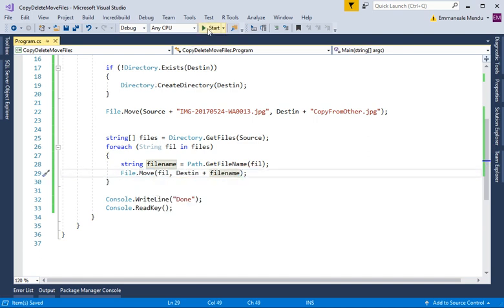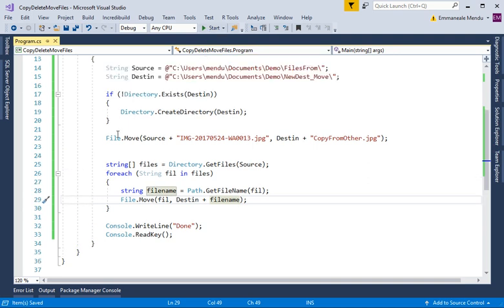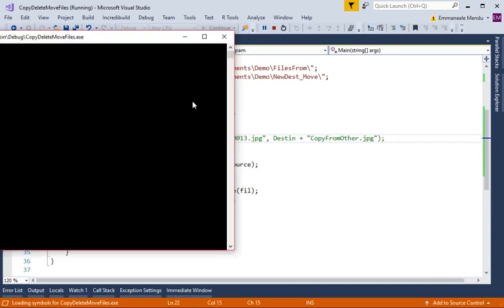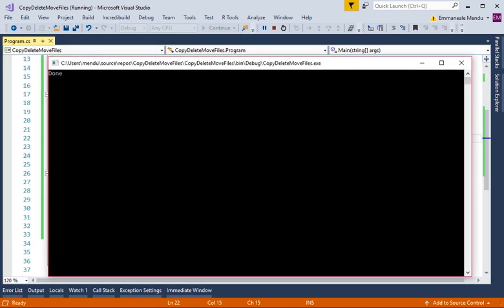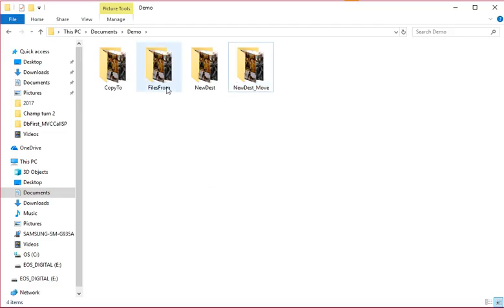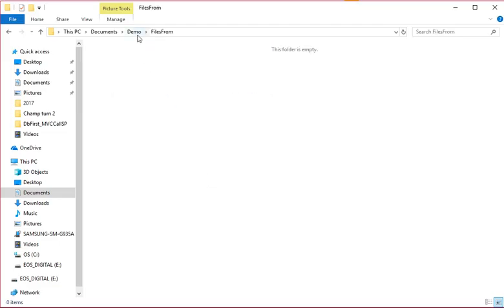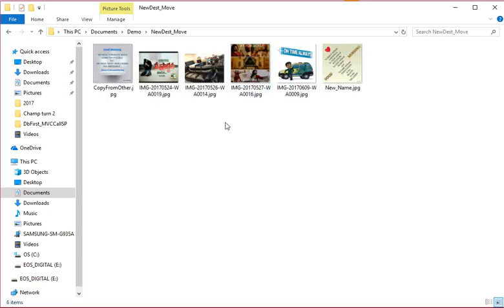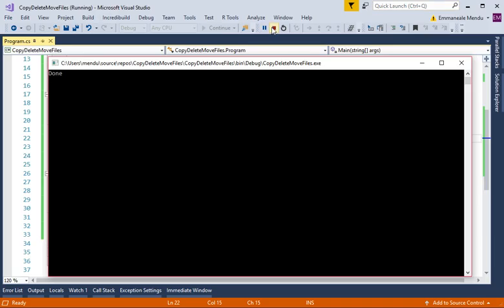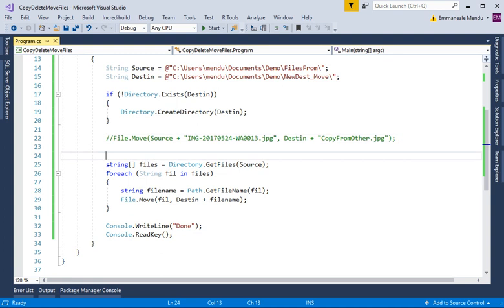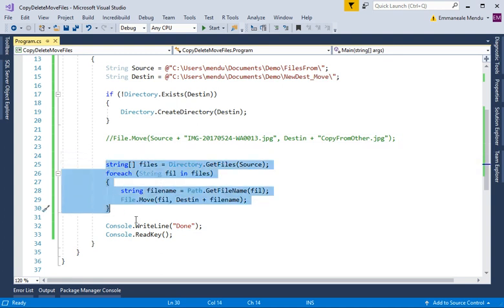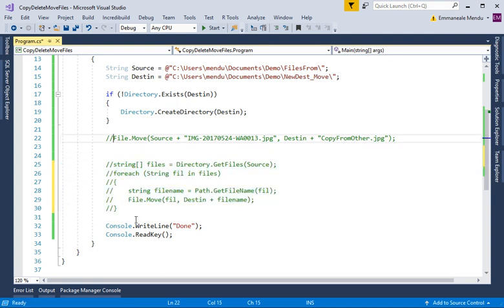Okay, then if I run now with this commented out, it says done without errors, and you will have no files in the actual folder, and all the files are moved to the new folder which we are using for the move operation. The same way you need to go with the delete option. So for the delete,